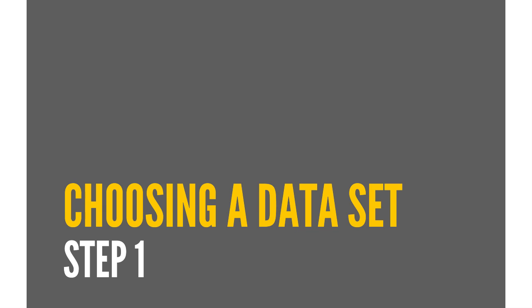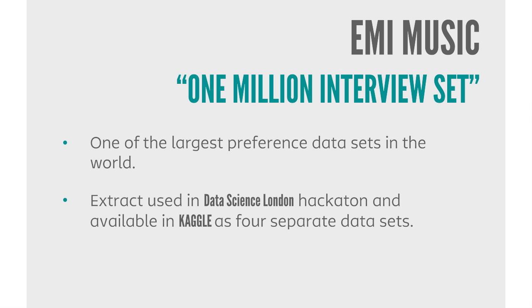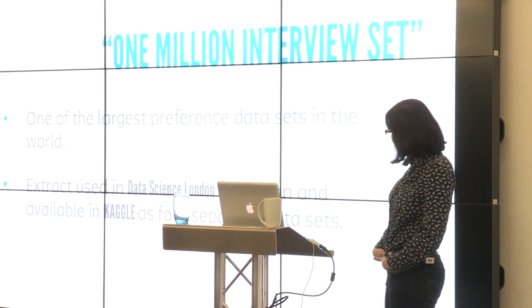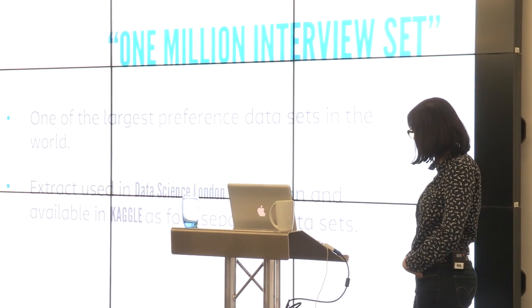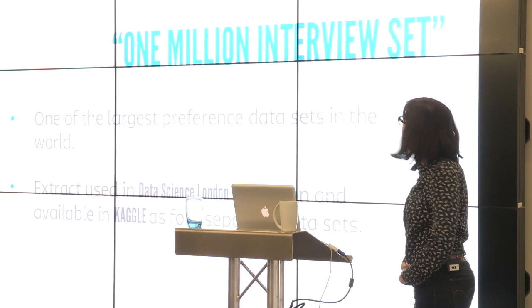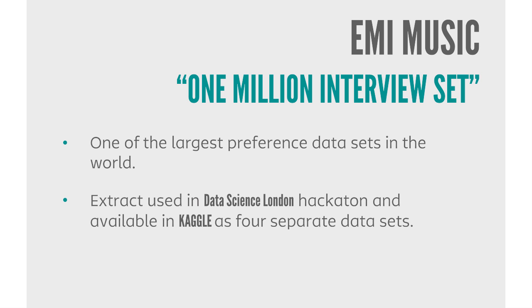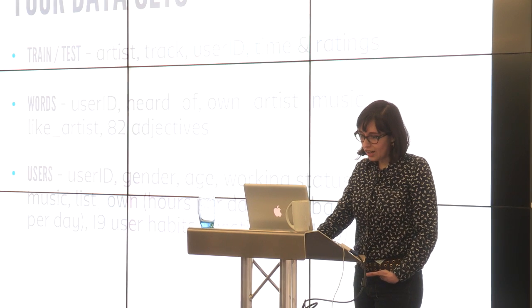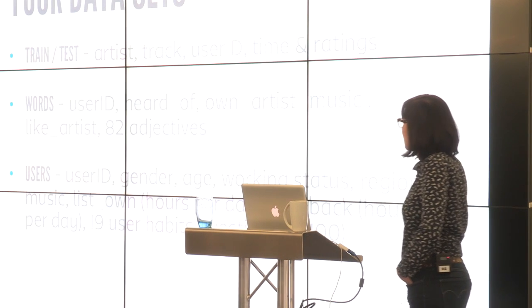So choose the data set. An interesting data set that you can find online is the Million Song data set. It's on Kaggle. It was also the subject of a hackathon a year or two ago. It's one of the largest preference data sets in the world. The extract is on Kaggle, and it's available as four separate data sets in CSV. So the four data sets are